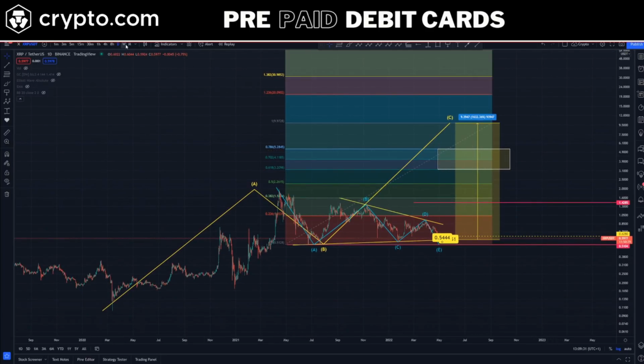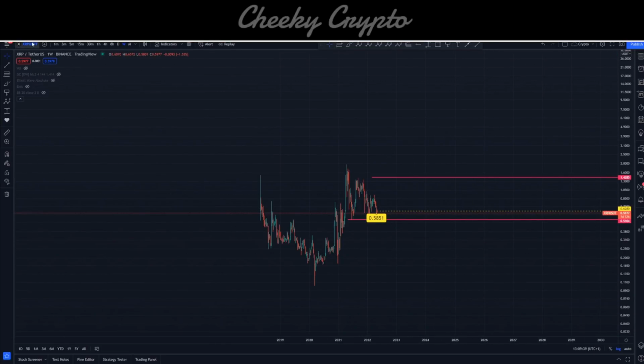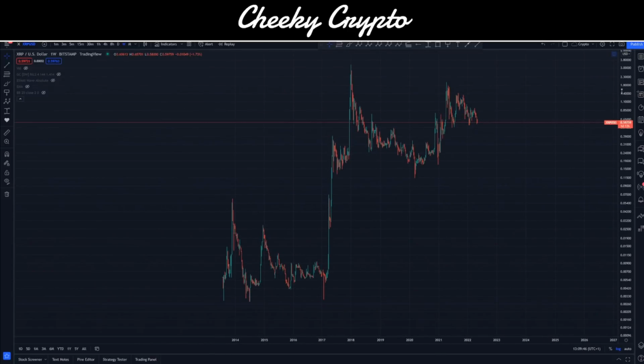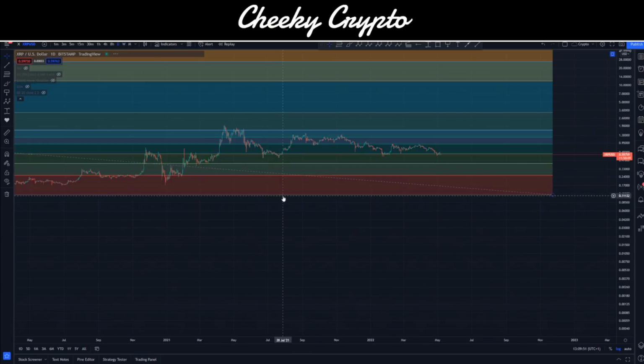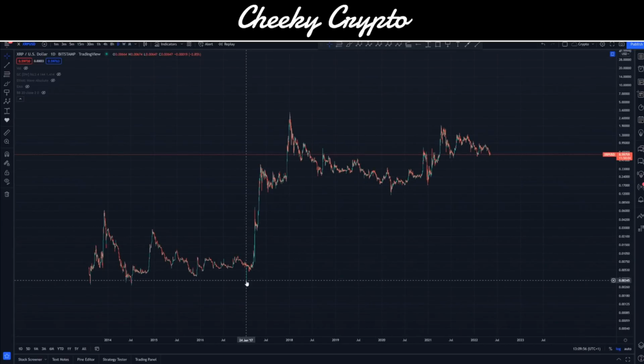So some of the things that I've been seeing in the space, let me just take a weekly. This is probably a really bad one because there's not a huge amount of information here. Let's see if I can find this on something like Bitstamp. Here we go. This is a lot more data here, right? So again, still in logarithmic. And if we take this out, this is the weekly, right? But if I put it into our daily chart here, let me just remove some of the noise. So basically we have January 2017 to the highs, basically January 2018, right? So 1 year we see that high point. Then we also see the bear market low. This is basically March